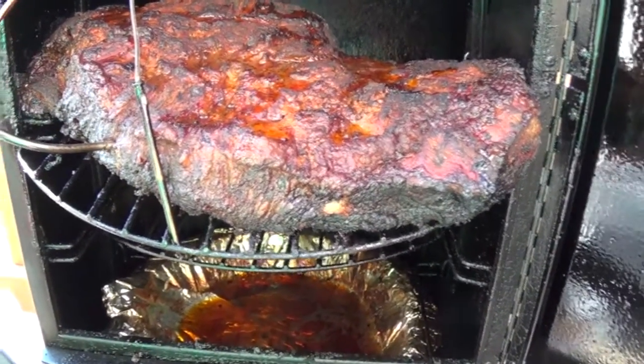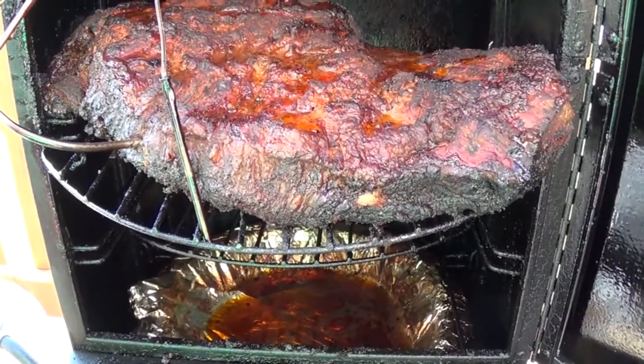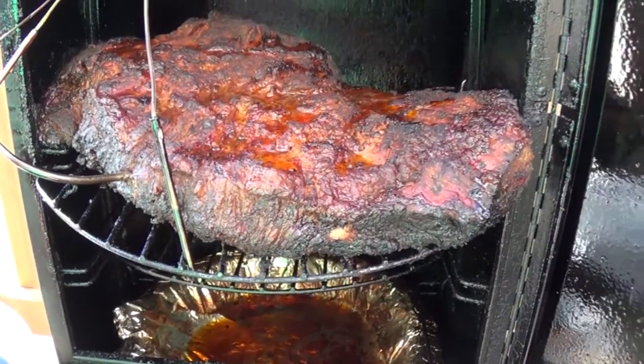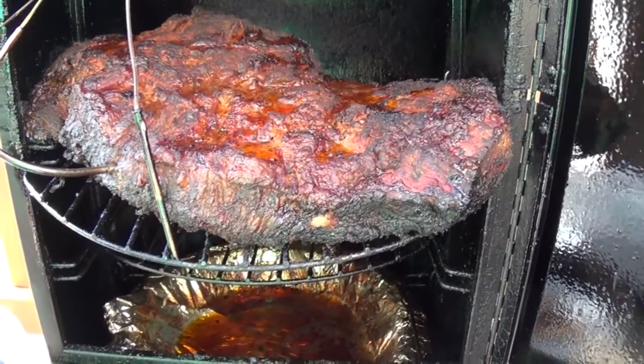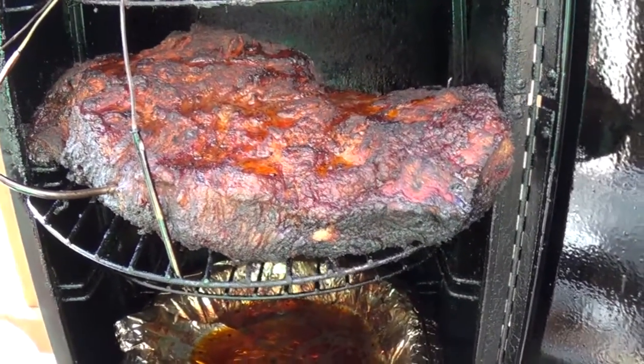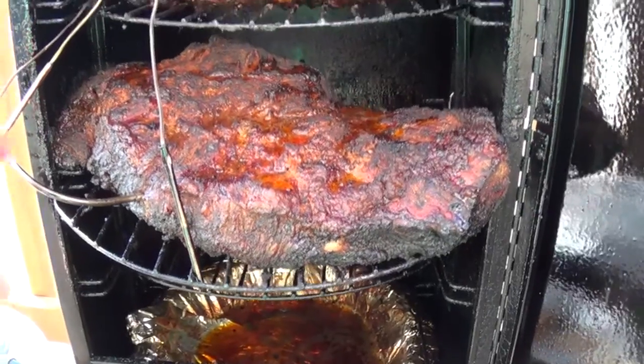You don't want to put a barbecue sauce or anything on like that, so you want it to be something a little looser. But you can Google mop sauces or mops and get all kinds of different recipes. I just like to use apple juice, so we're gonna go ahead and